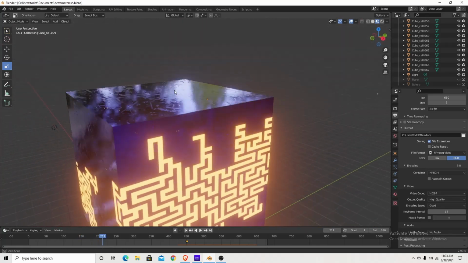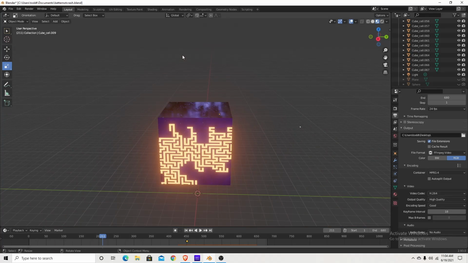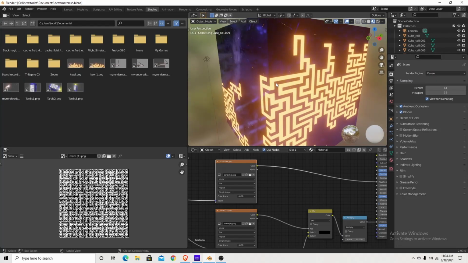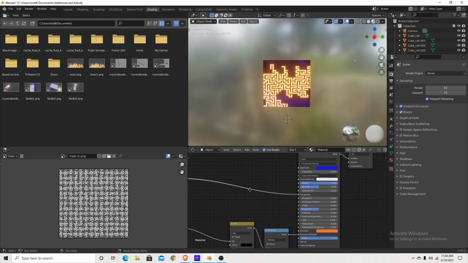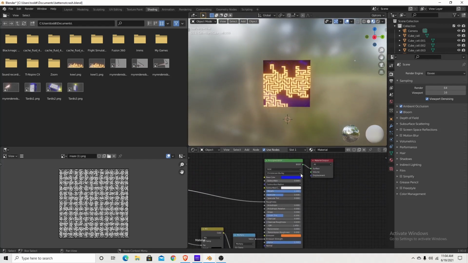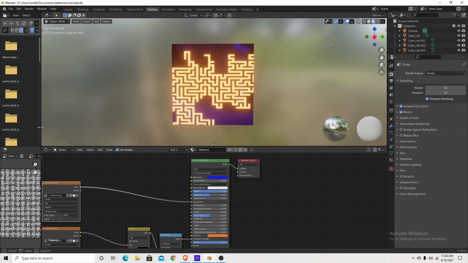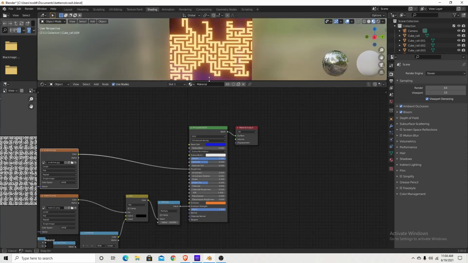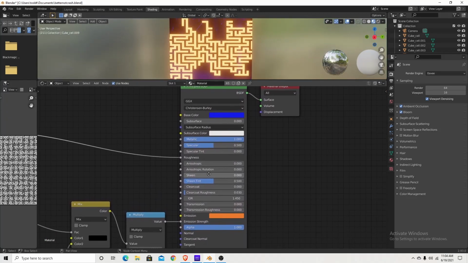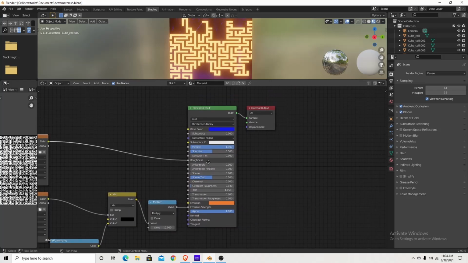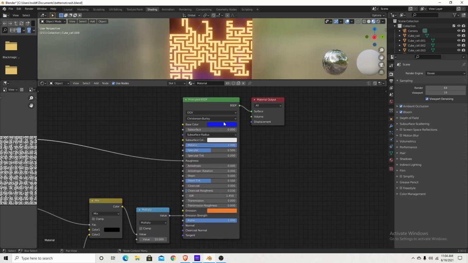So the way I did this, first of all, I created a cube. Second of all, we go into the shading area here. And what I'm going to do is focus you on this part right here. Let's make this smaller for a second. Okay, so first of all, on every single object in Blender, there's a whole bunch of lists